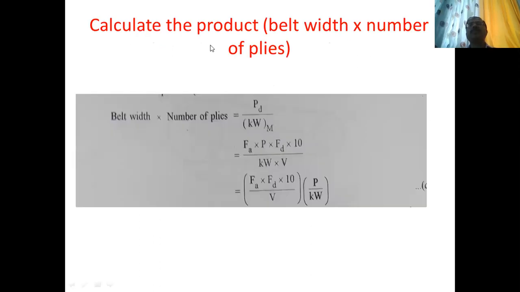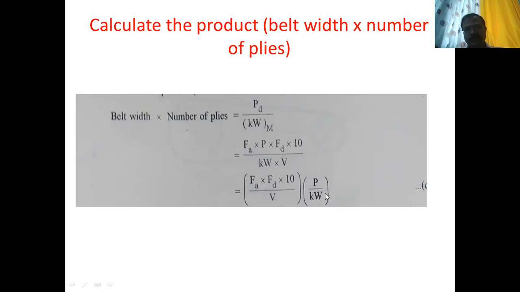After calculating the modified power rating, we will go for calculating the product of belt width into number of plies. Belt width into number of plies will be calculated as the design power divided by the modified power rating, which we have calculated in the earlier stages. Pd is service factor into power, and kWm is kW upon Fd into velocity upon 10. Rewriting these things, we will get the product of belt width into number of plies, which is given by this